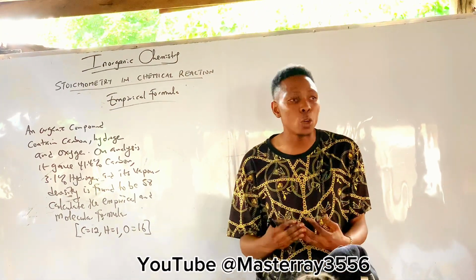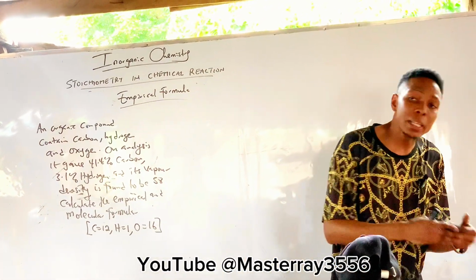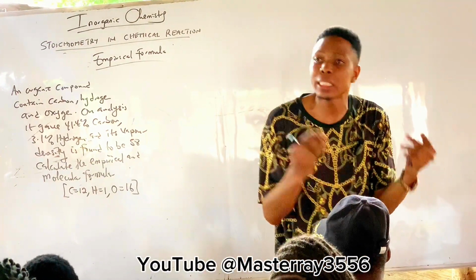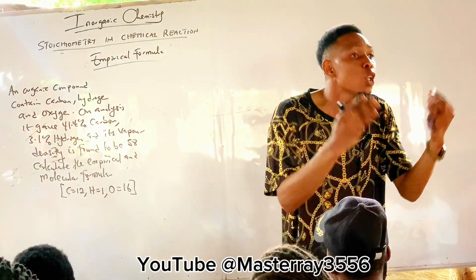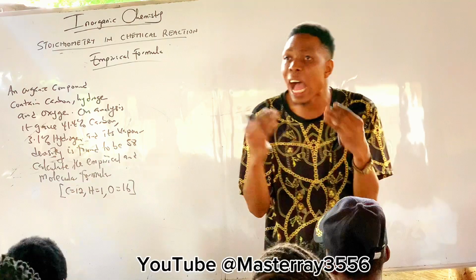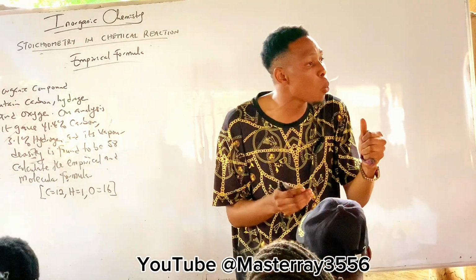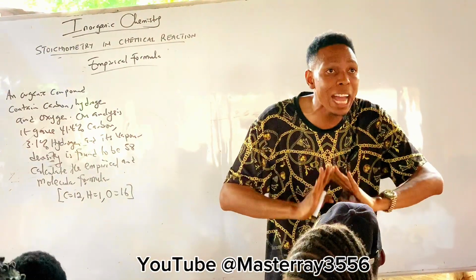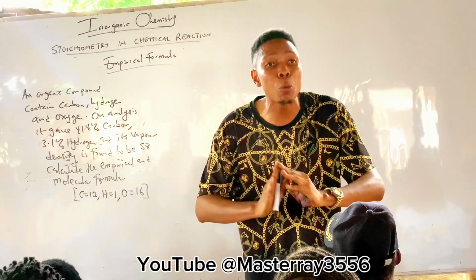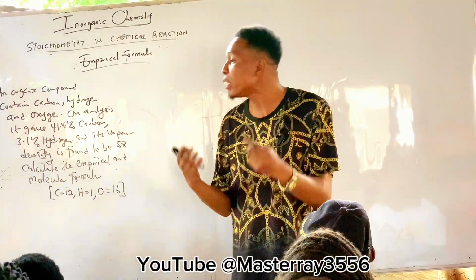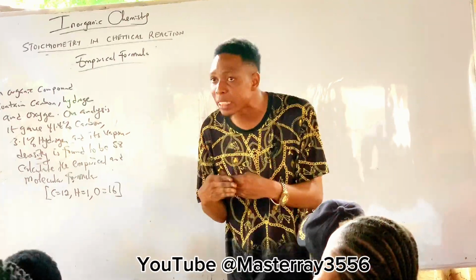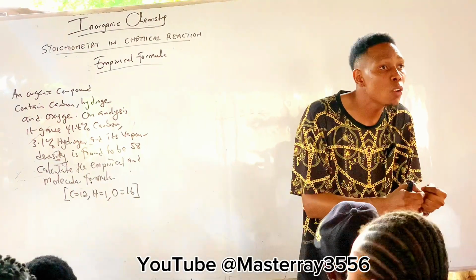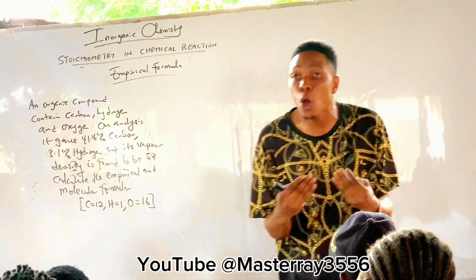Whenever you are given a question in terms of percentage composition, percentage is 100. Are you following? What you will do is add up all the percentages given in the question together, and after adding them together, you subtract from 100. But if you add everything together and it's up to 100, you go ahead and do your normal calculation. But when you add up everything and it's not up to 100, you subtract the value you've added together from 100. So the leftover you take to be your